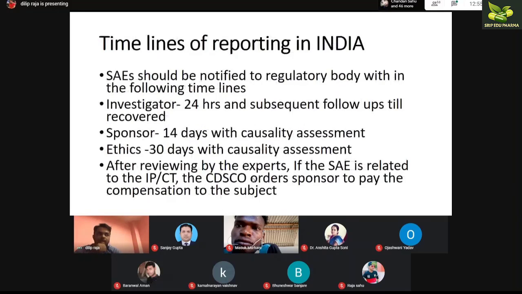Now, let's say the SAE is death, meaning the subject died in the clinical trial, and the death is related to the drug, because of the investigational drug the subject died. So what is the consequence? The sponsor has to pay compensation for that particular death, right? So this particular compensation will be ordered by the